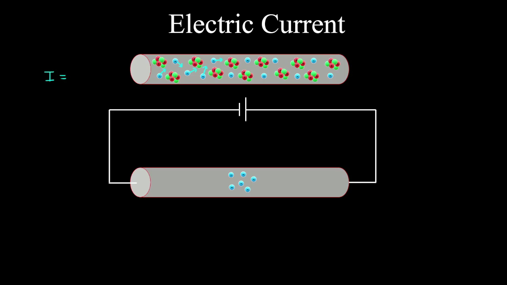is the rate at which the charge passes through the cross-sectional area of the wire. And this is the ordered motion of charge through a conductor, which is achieved by applying a potential difference through a power source. So we have the electrons flowing through the wire, and then they bump into the core atoms and the electrons in the wire,